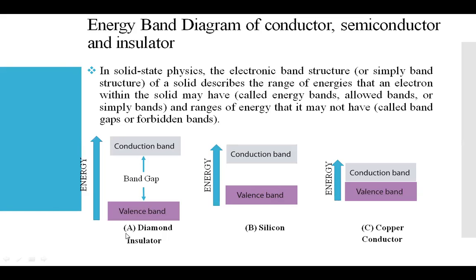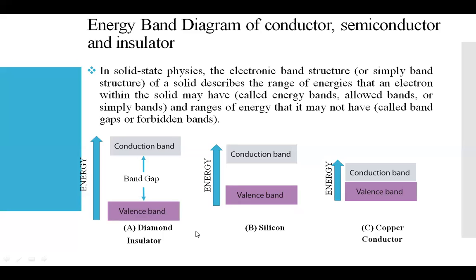Yes, in the case of the insulator, and as we discussed, it resists the flow of electricity. So in this condition the band gap is very high and the energy requirement is very high, because the property of an insulator is that it resists the flow of electricity, so you cannot easily reach the conduction band. You will require more energy for that. The example given here, diamond, is a perfect example of an insulator.